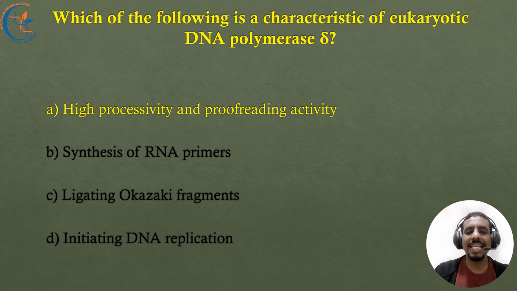Actually, DNA polymerase delta in eukaryotes has high processivity and proofreading activity, making it essential for lagging strand